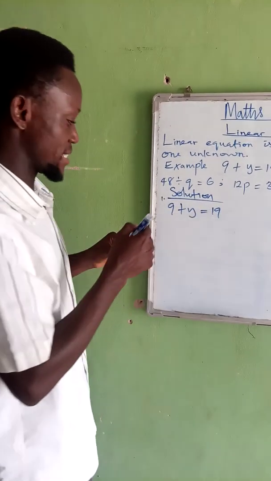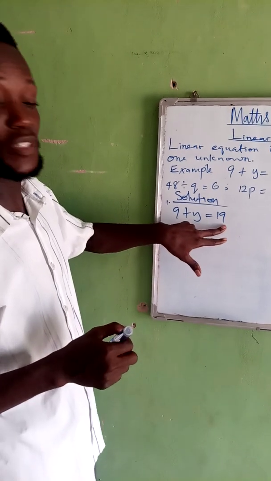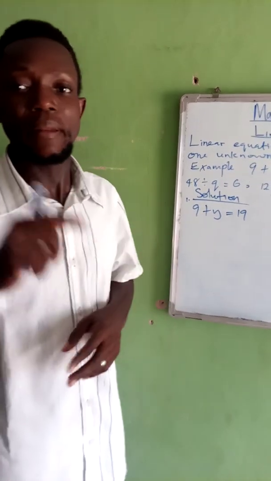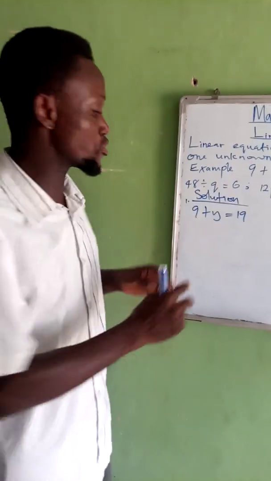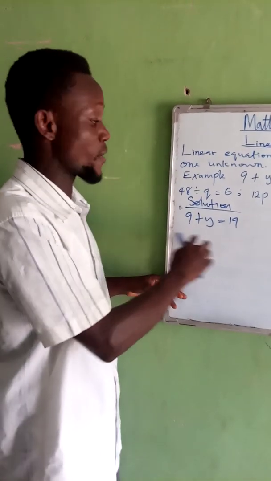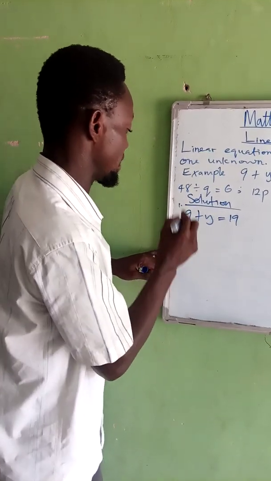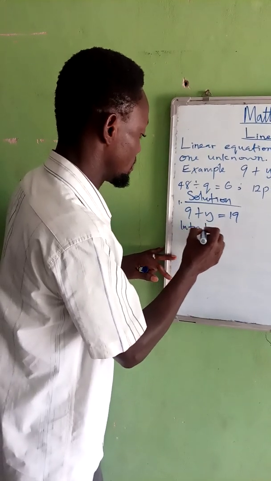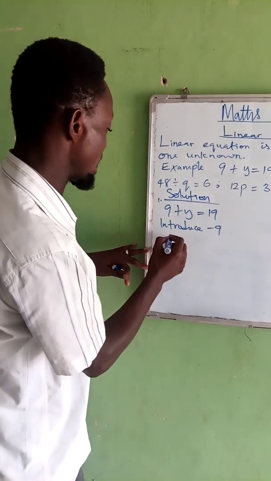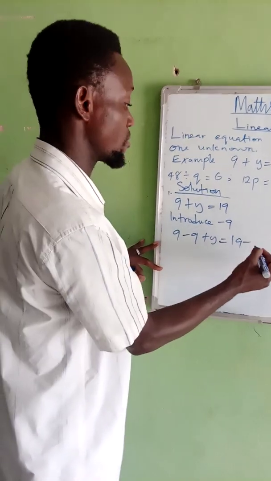9 plus y equals 19. This is a positive 9, this is a positive y, and here is a positive result. Now, for you to get the value of plus y, negative 9 must be introduced to this side and this side. This side is the left hand side, while this side is the right hand side. Introduce negative 9, minus 9. So, on this side, here we have 9 minus 9 plus y equals 19 minus